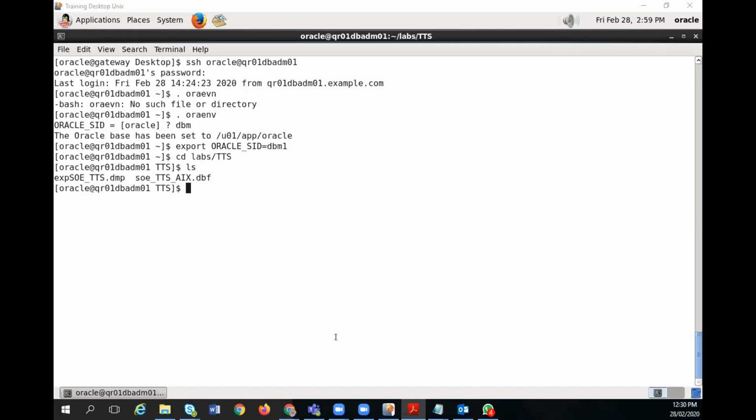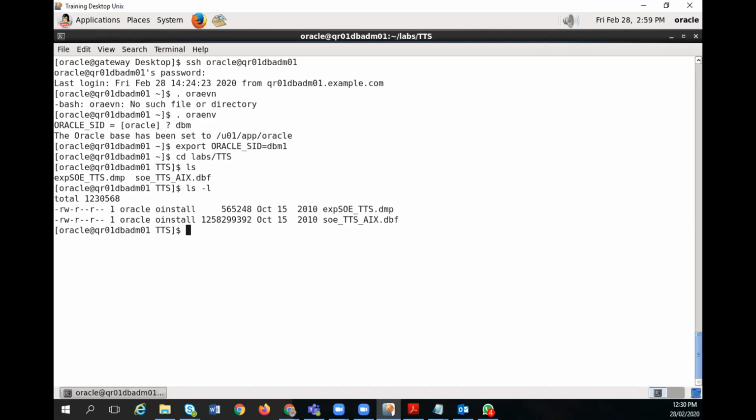If you can see the privileges over there, we have read write privilege, and this file belongs to the Oracle install group. Okay. Now, same way you can take the backup on your database whenever you are doing, and then log in as sysdba.